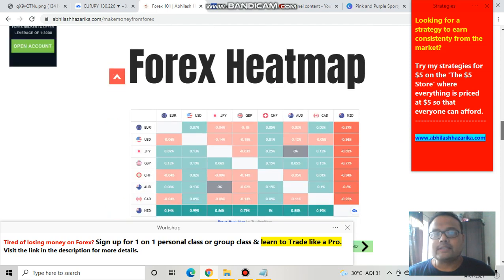And if we go to the forex heat map, then you can see that euro JPY, there is a change of 0.05%. As I've clearly told you earlier, that to make money in the market we need movement. There is not much movement in the euro JPY going on. Therefore look for other opportunities, or wait for at least euro JPY to come down to your price level. Do not trade in the middle. So it will be a very bad decision.